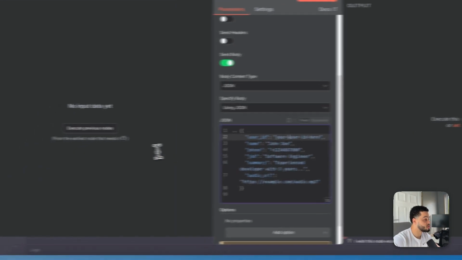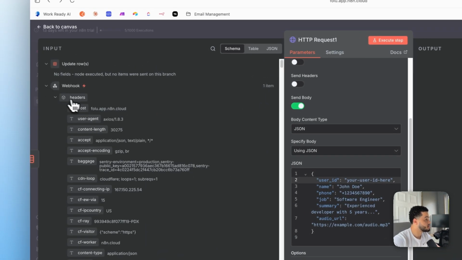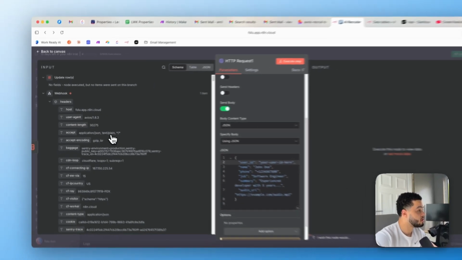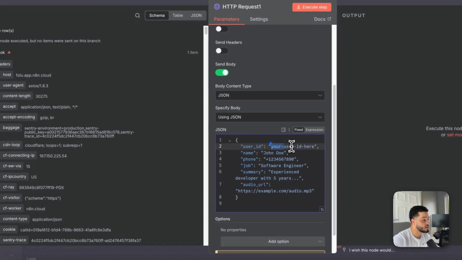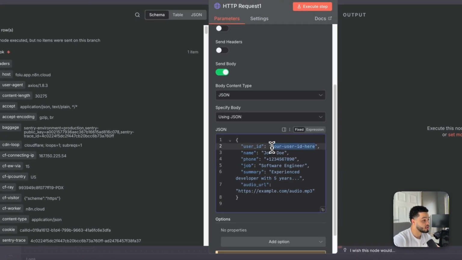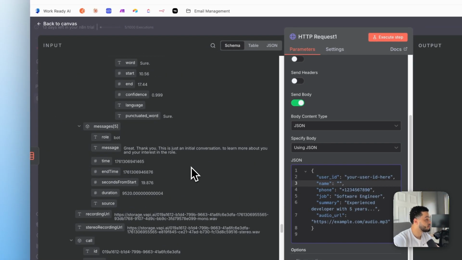So in order to use the previous nodes, we need to execute them, and as you can see here, we have all of the information that we need to use. So firstly, we have a user ID, which I'm not sure what it is. For the name, I'm going to cancel this out, and I'm going to put in actually the applicant's name, which we should get from